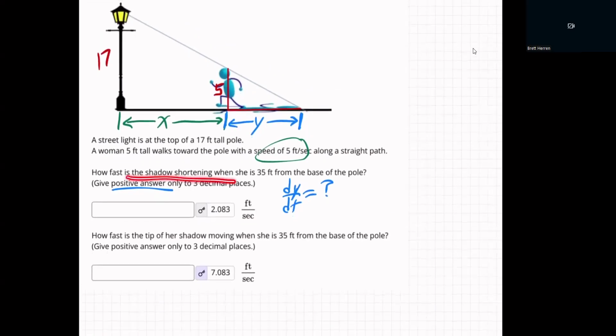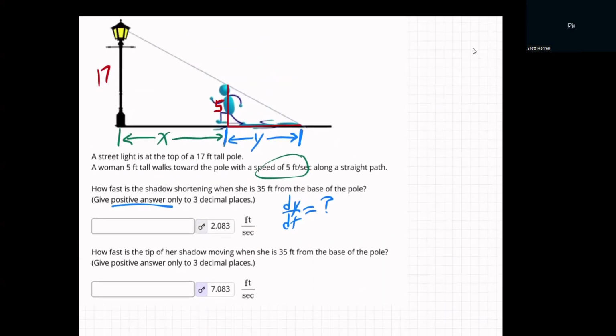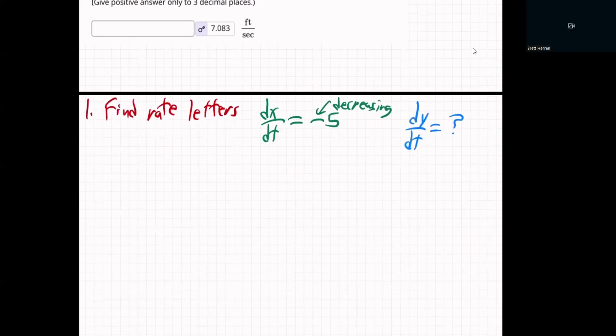We'll get to that eventually. That's it for now. How fast is the shadow shortening? Then how fast is the tip of her shadow moving? We'll get to that. Let's just hold off on that one. Okay. So step one, find the rate letters. We got them. Step two, write some kind of equation